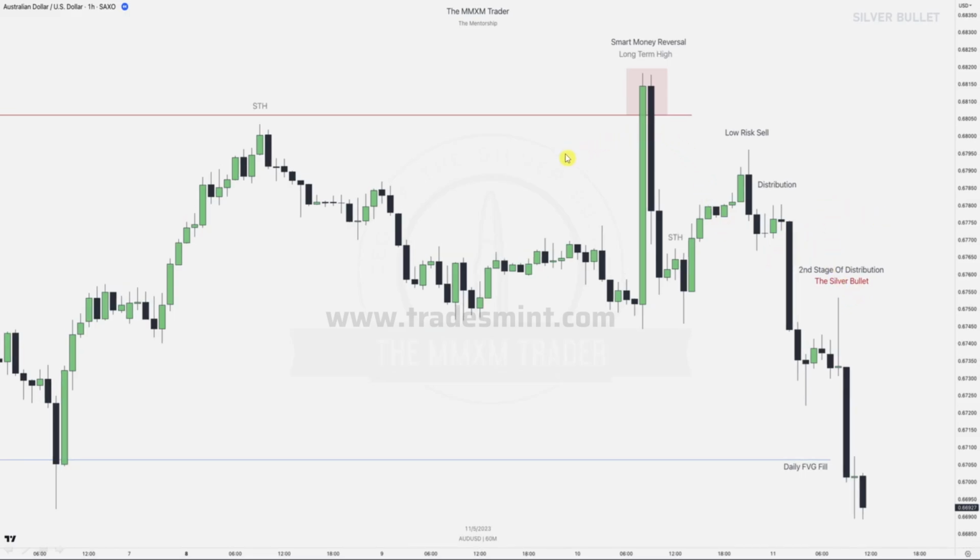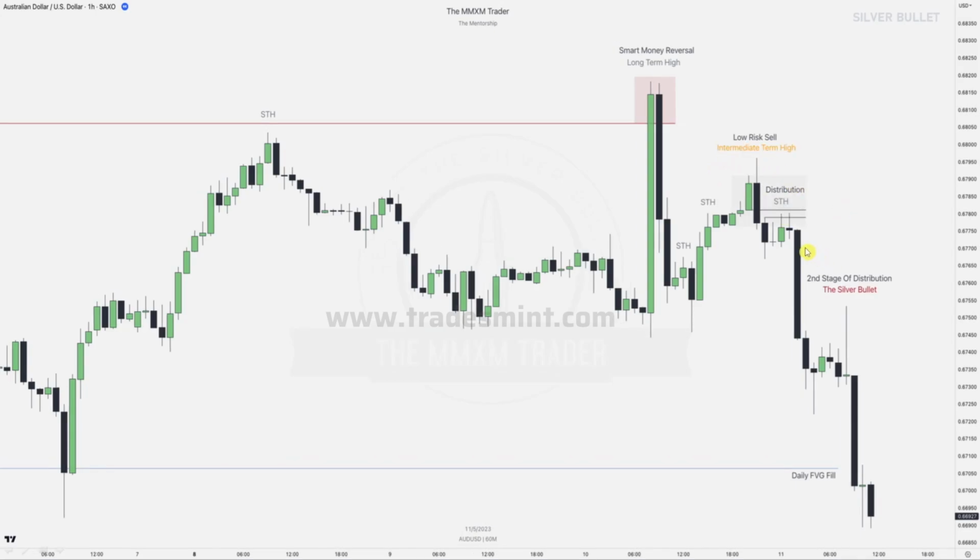Now let's look at the different highs. We have a short-term high here, long-term high here, short-term high to the right of it. Now we need to wait for that intermediate term high, which is forming above over here. And now we need a short-term high to the right of it, which is over here. And this is what it looks like, that intermediate term high, which is also the low risk sell in this occasion. So we don't get in over here because we're waiting for that short-term high to be formed, which is over here, and then price drops down lower, and now the silver bullet is activated in the second